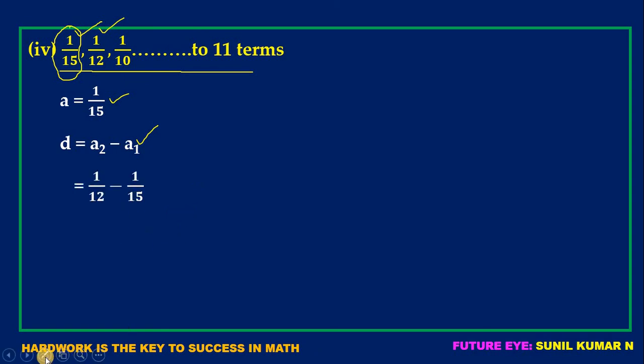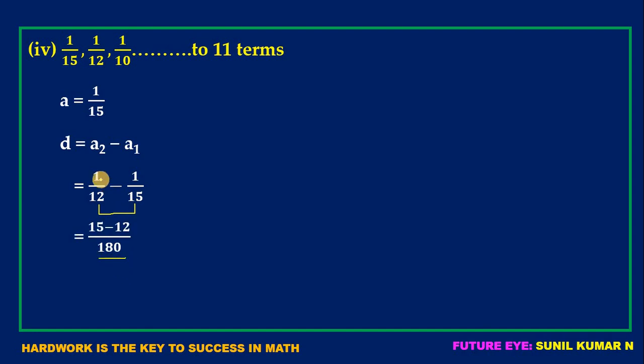So this is what you want to do. As I already said in my earlier videos, you want to multiply the denominators. So 12 into 15. So how much is 12 into 15? 180. See, 180. And do the cross multiplication. 1 into 15 is how much? 15. I have written 15 here. Next, 12 into 1 is how much? 12. So you have to write 12 here.